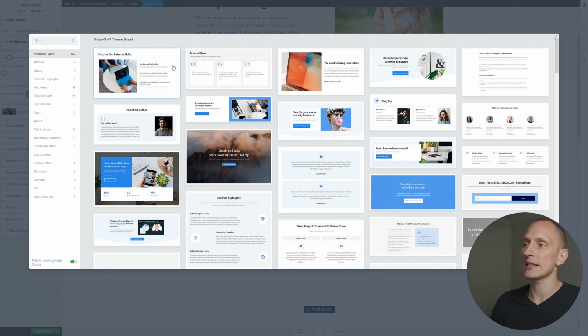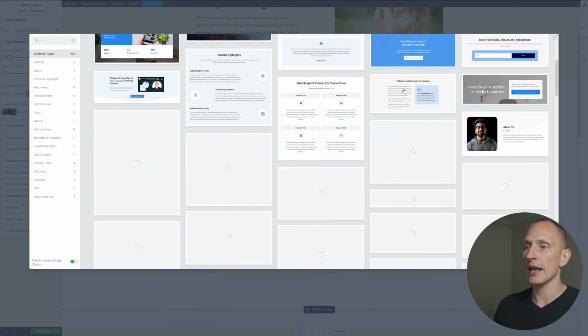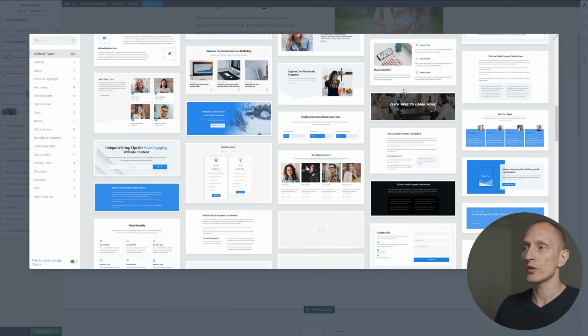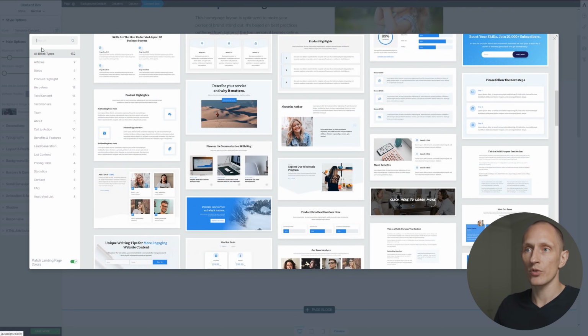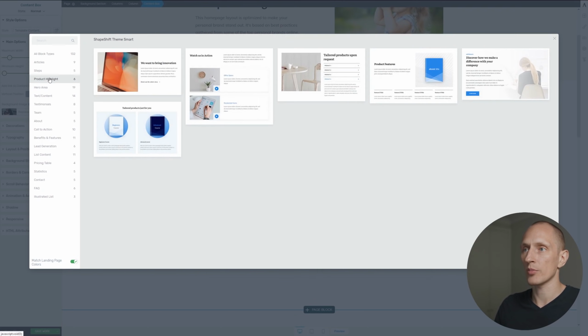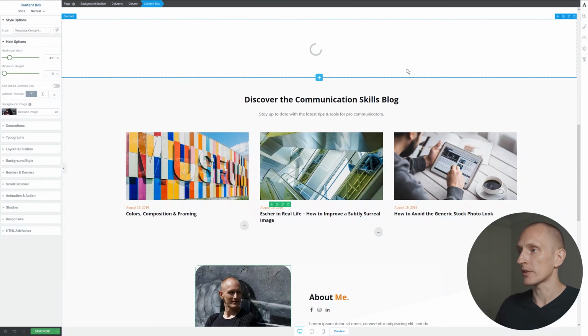When I click on this, it gives me a whole gallery of elements that I can choose to insert for sales pages, landing pages, home pages, and so on. And it's also easy to navigate through these. So as you can see, maybe I have a product highlights section where I want to get people to buy my ebook. So how about this one? I insert this